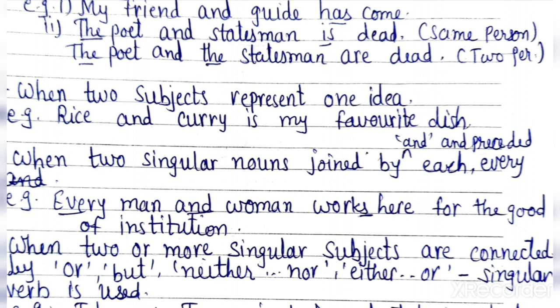Next sentence. Many a student have failed in this test. Has or have? Many a student has failed. Then, my spectacles is very costly. What is the mistake here? With spectacles we use only are. Okay. Rice and curry are not agreeable to me. What is the mistake here? Are. So the right answer is: rice and curry is not agreeable to me.